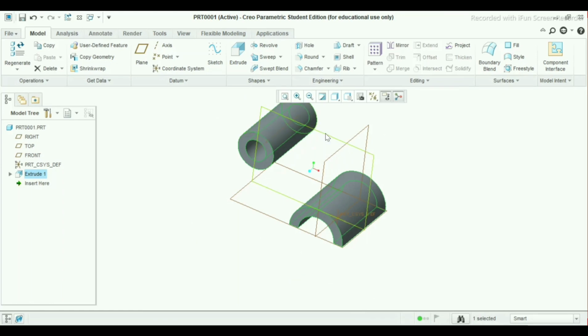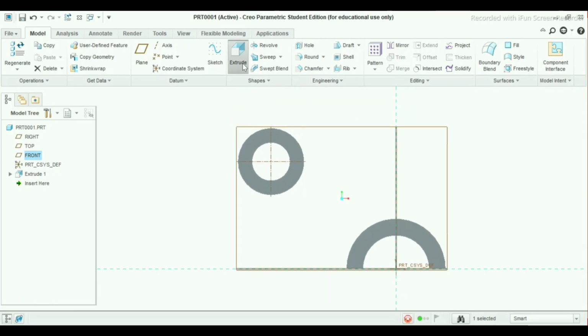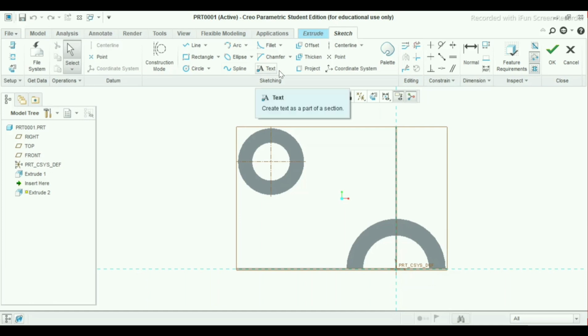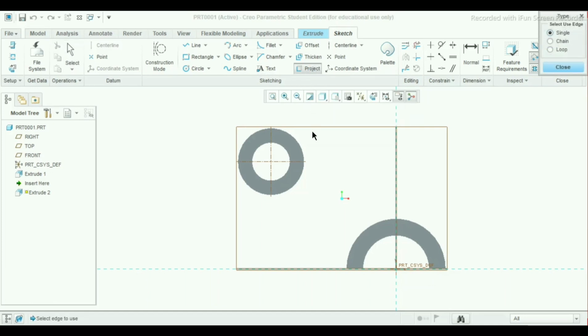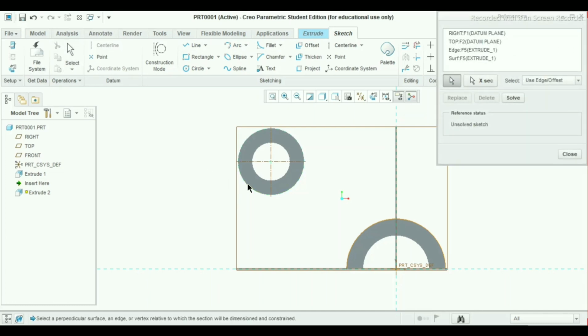Now again select this plane, extrude. Go here, project, select this icon, the project tool. Select this arc, half arc outside of it. Click OK. Now go to line, or select the first reference lines. Select this arc, close.